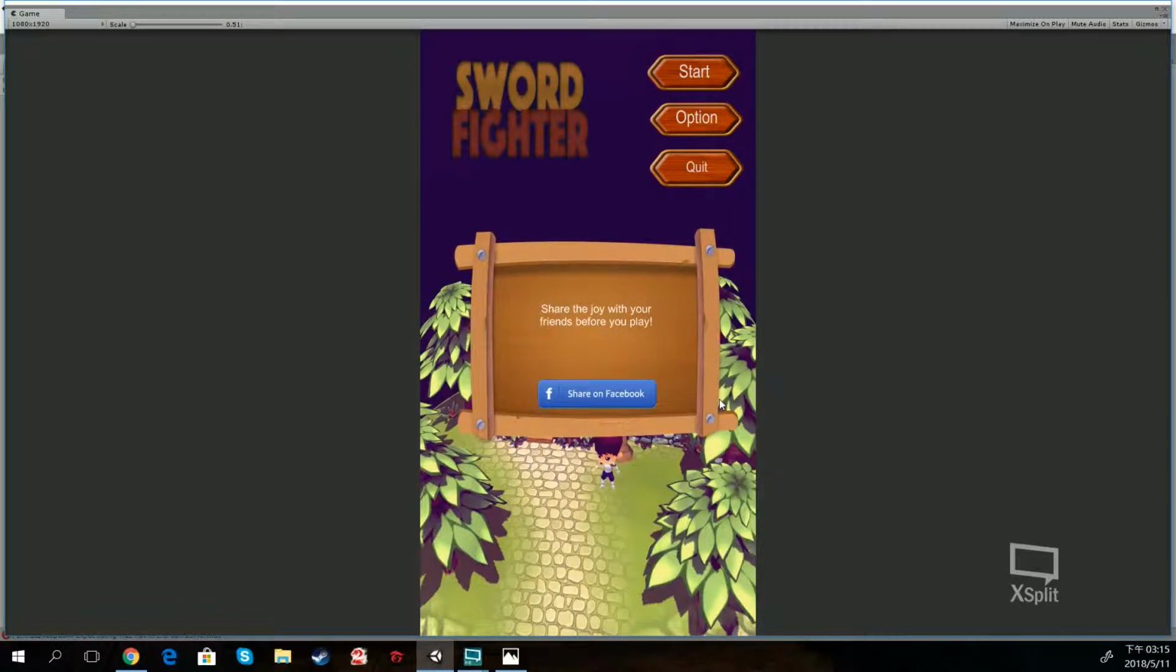So already I have logged in my Facebook, and then when you click start again, you will have to share it before you can do anything. So share the joy with your friends before you play. Very similar to most other games on the market, or most any other apps in the world nowadays, asking you to give them 5 stars or something like that. So you just share it, and then